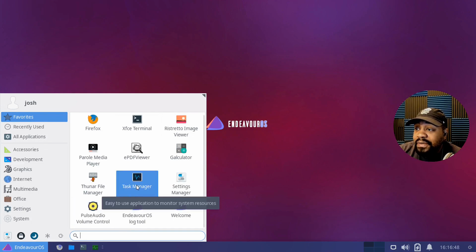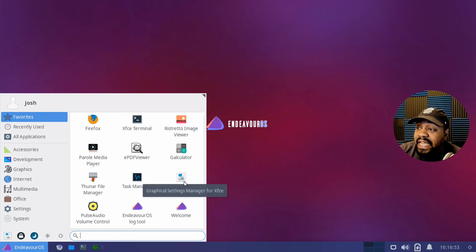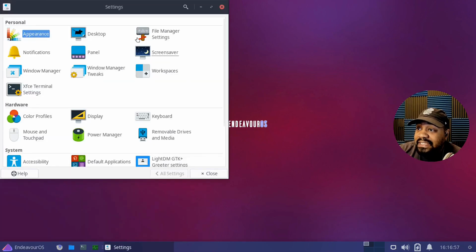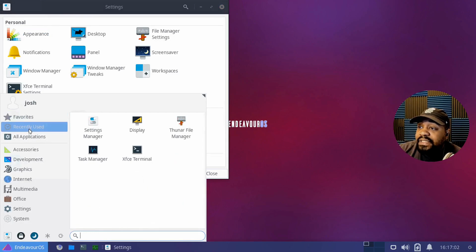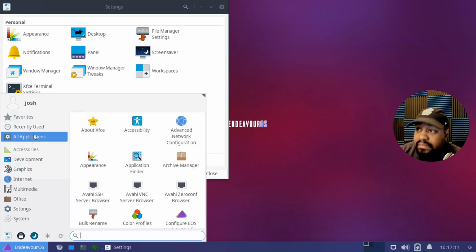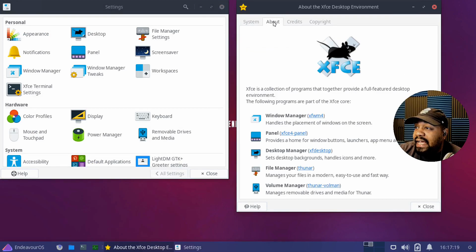PulseAudio, task manager, Thunar file manager, that's the settings for that. And then they have the settings manager you can actually go into and look at all the settings, and I'll open that up for right now and just have it in the background. But recently used tracks anything that you've recently used or opened up. And then here are all the applications, so you can go through and check this out, and let's see what version of Xfce we have on here. If we go to About, it should tell us the